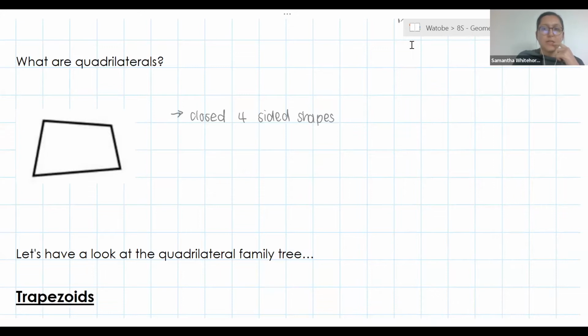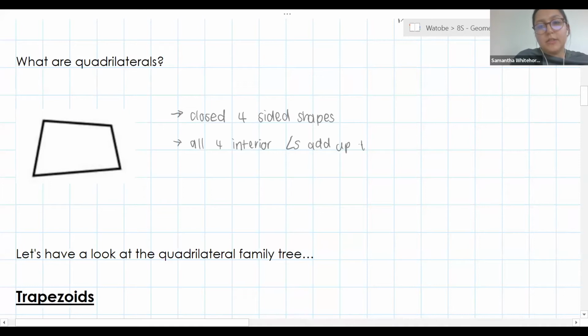Rejo, tell me something else. All angles in a quadrilateral add up to 360 degrees. Nice. Okay. So guys, another property of quads is that all 4 interior angles, so all 4 angles inside the quad, add up to 360 degrees. Now these 2